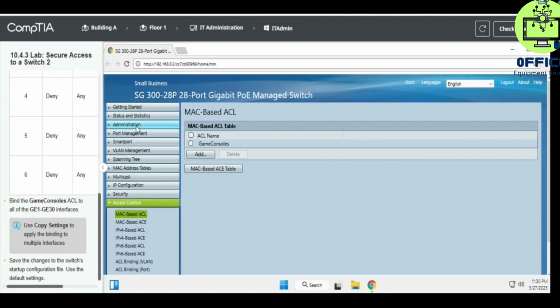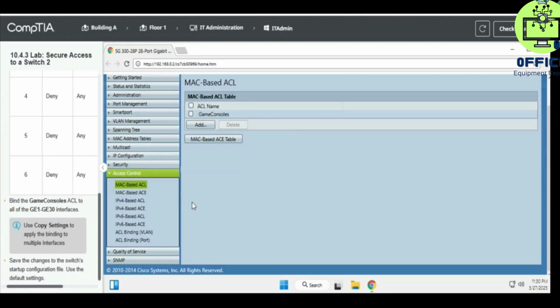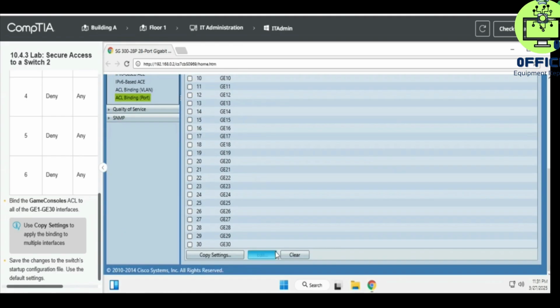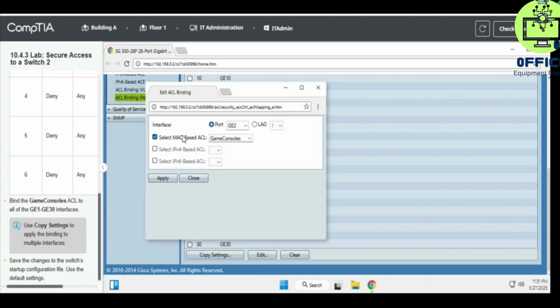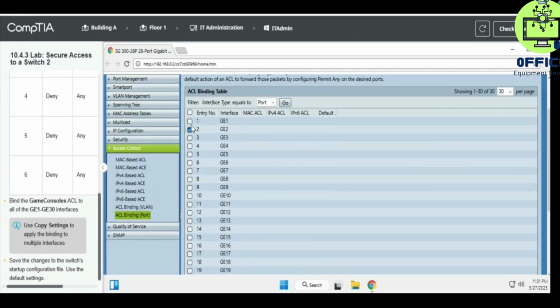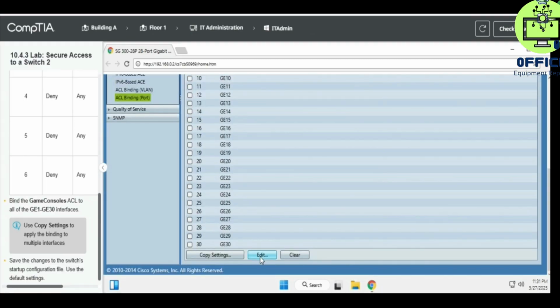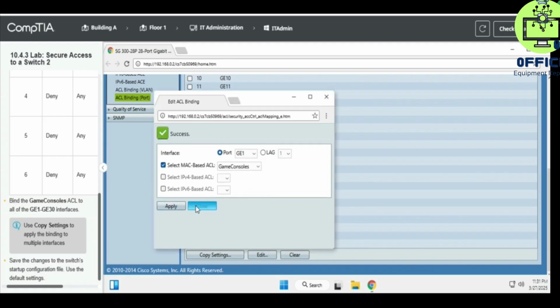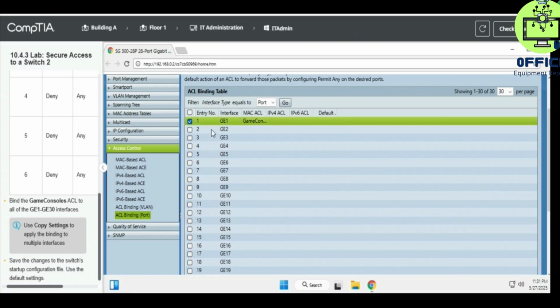Let's see. ACL binding port. Okay. So it's number 2. Edit, MAC-based, apply. One, edit, select MAC-based, apply, close. So game console now,